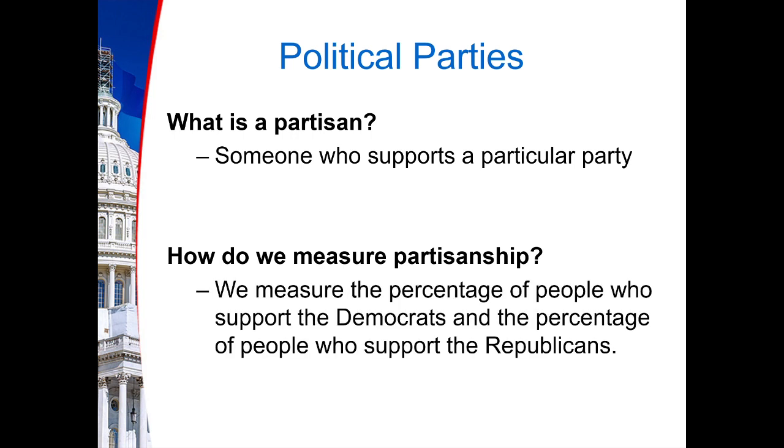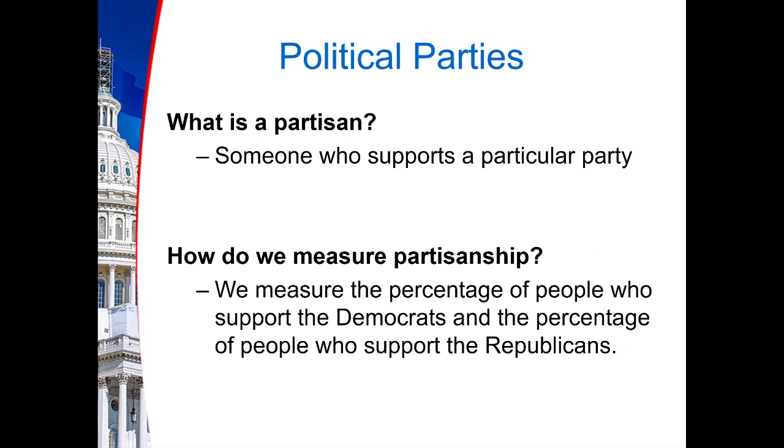For example, the percentage of people who support the Democrats and the percentage of people who support the Republicans forms the level of partisanship in our country. If we had very few people supporting the Democrats and very few supporting the Republicans, and most people were independent, then we wouldn't have a high level of partisanship. We'll talk a little bit later about why partisanship is important,